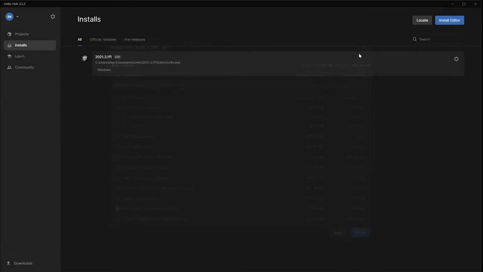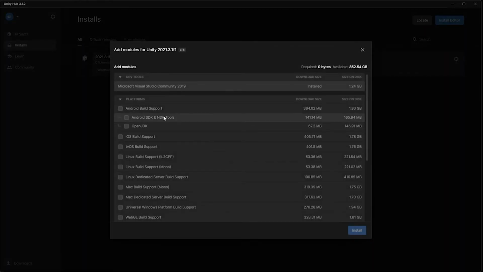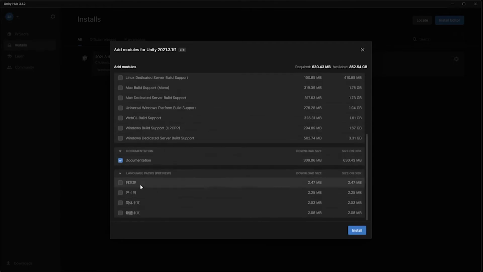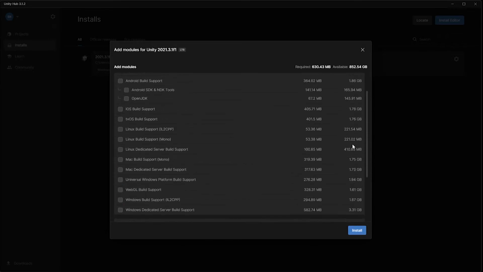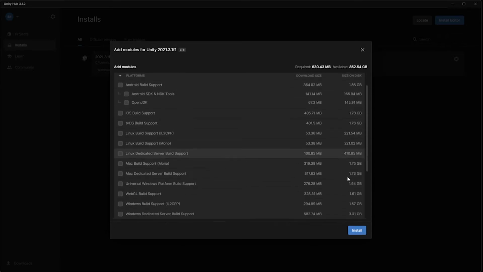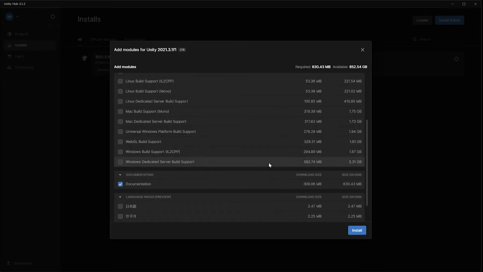Now, since I already have my install here, if I want to upgrade the modules associated with it, just click Add Modules and select what you want to add and then click on Install. Let's say I just want to add documentation. Click that, Install. Now on the right side, now that we're at modules, you can see how much space things take up, such as